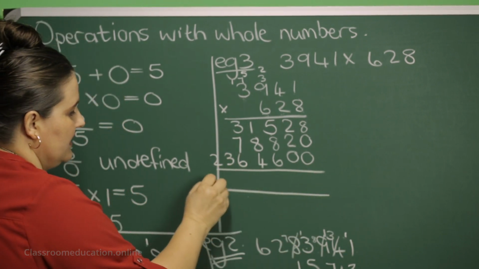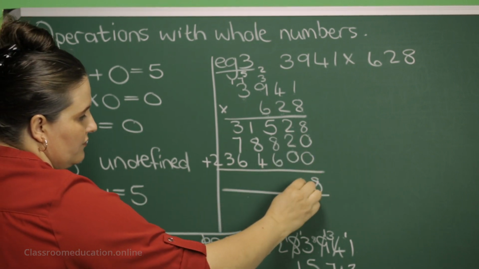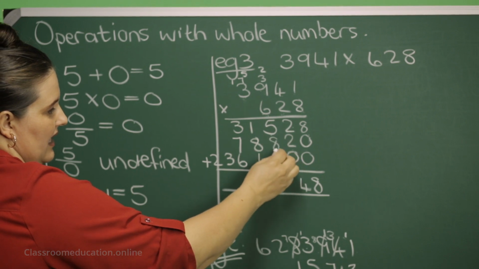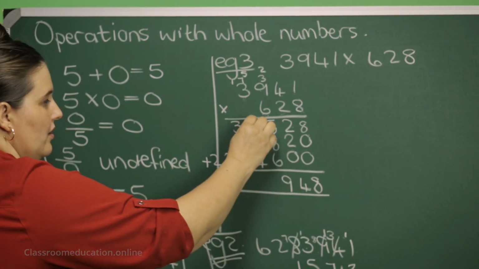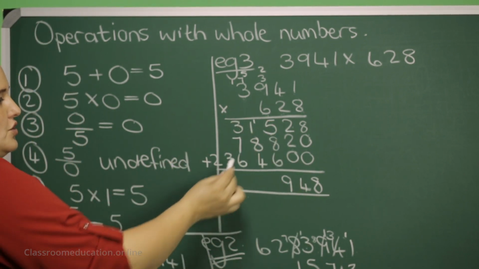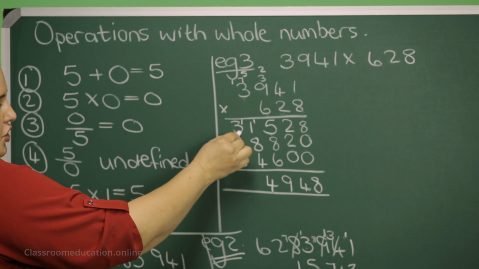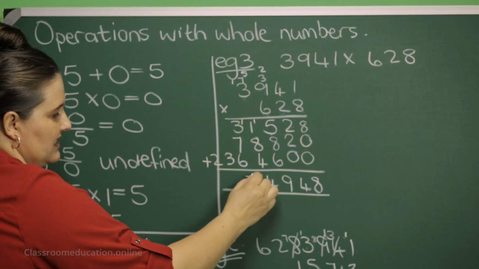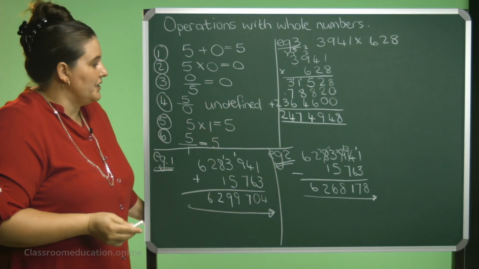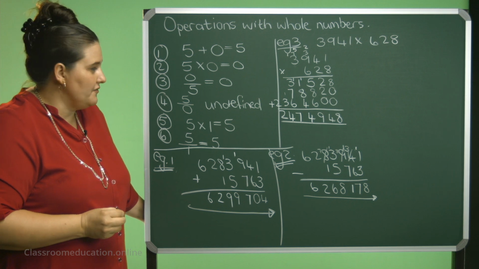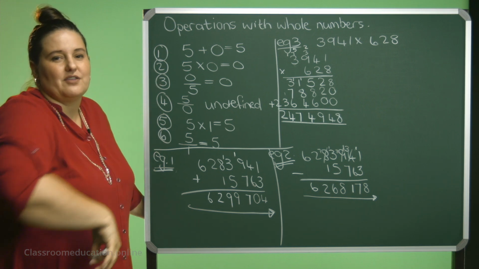Okay. Now let's add them. 8. 2 plus 2 is 4. 5 plus 8 is 13. And 13 plus 6 is 19. 1 over. 1 plus 1 is 2, plus 8 is 10, plus 4 is 14, 1 over. That's 4, and 6 is 10, plus the 7 is 17, 1 over. It's 4 and the 2. So your answer will be 2,474,948. Right, this was the ordinary method, the column method.